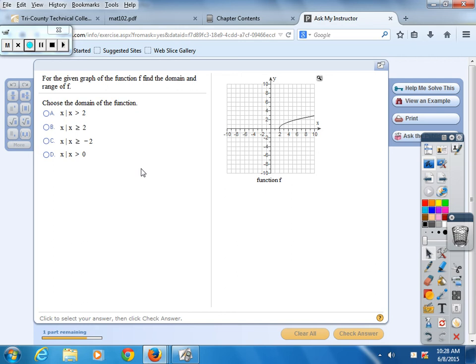Yep, this is the test question. If it's domain and range and it has a graph, it's a test question. Find the domain and the range of the function. So here's our function right here. Now, if there are no open circles or closed circles, it is assumed that it